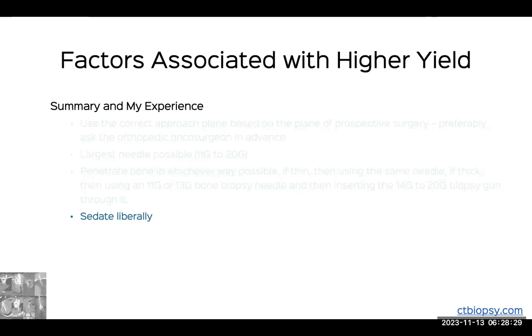They're not cold, they have pus in them. And you should learn how to sedate liberally. Now, there are some settings where you can get away with periosteal infiltration. Remember, things like aneurysmal bone cysts, giant cell tumors are not actually painful. And you can often just use a lot of periosteal infiltration with local anesthetic and then just penetrate the bone